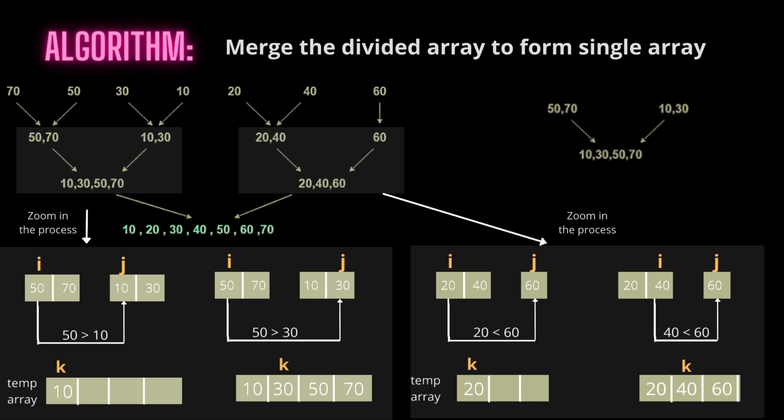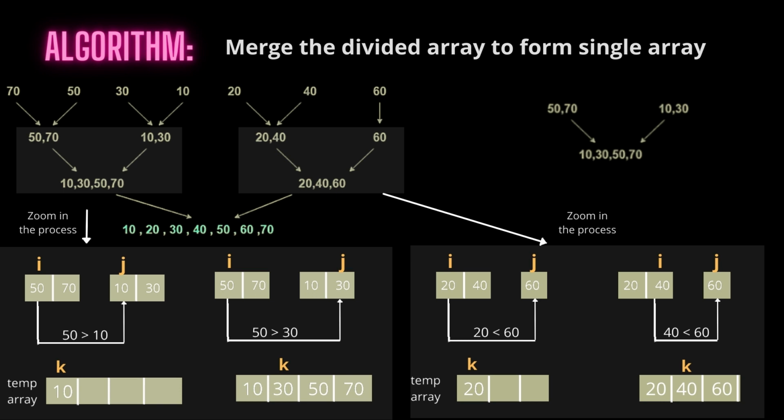Here on the left we have two arrays. We'll have two pointers, one for each array. We compare the elements in both arrays using the pointers and keep adding the elements in the temp array based on the comparison. If we have completely iterated one array and still there are some elements remaining in the other array, we directly add those elements in the remaining size of the temp array.